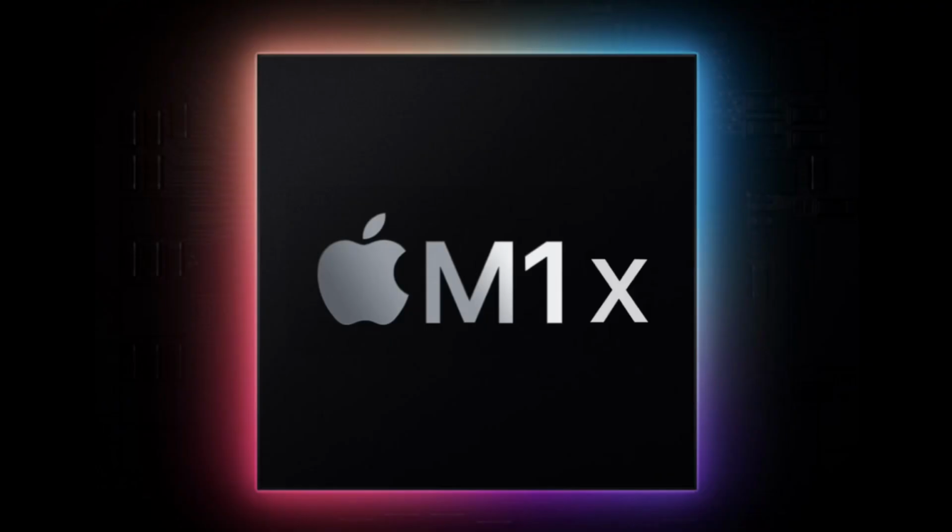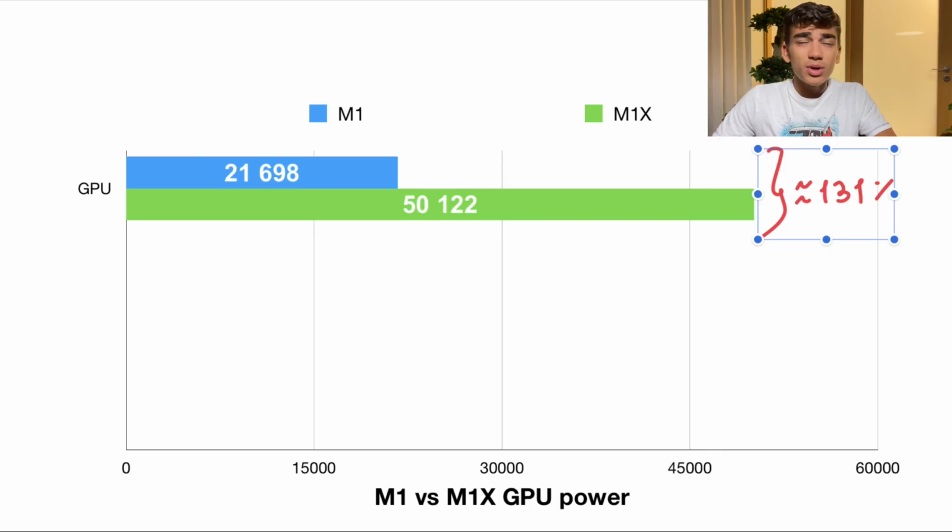So now we are considering the fact that maybe the 16 core and 32 core will be even further apart in terms of performance. Maybe the 32 core GPU will be so powerful when compared to the 16 core that it will be worth it to pay even if you don't want to use it, because it will future-proof your device. So the 16 core GPU from the M1X is supposed to have, I don't know, maybe around 51,000 of